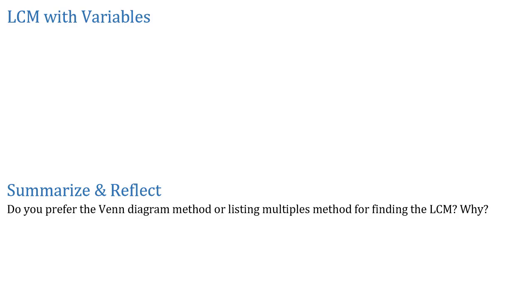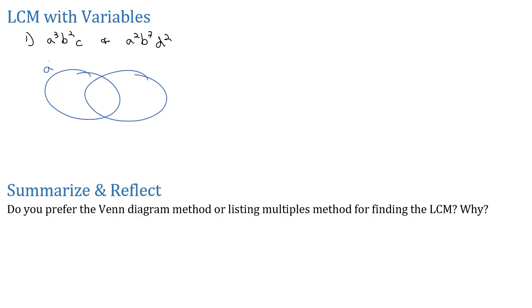In our previous video, we talked about how to use a Venn diagram to find the least common multiple. This same process can work if we're working with variables as well. So for example, if I had a cubed b squared c, and we wanted to find its least common multiple with a squared b to the 7th d squared, we can still do this using the Venn diagram method, where the left circle is a cubed b squared c, and the right circle is a squared b to the 7th